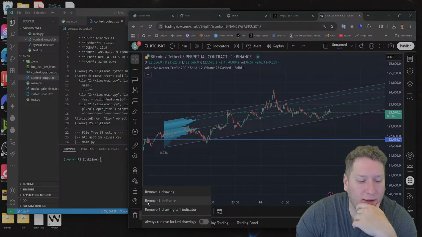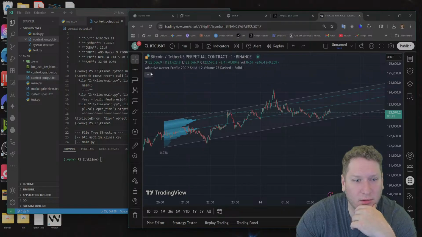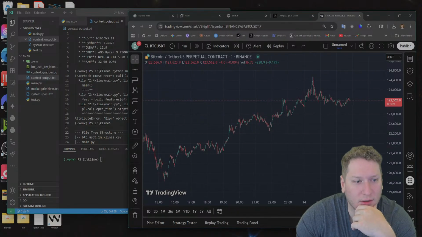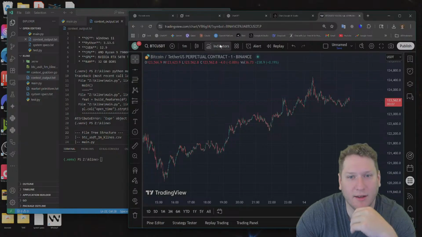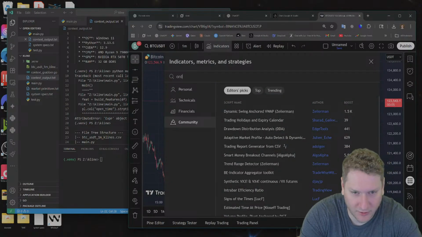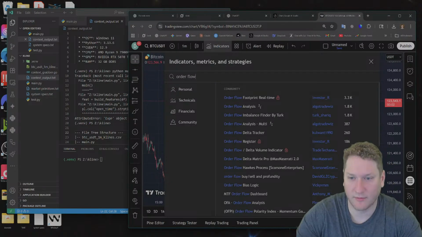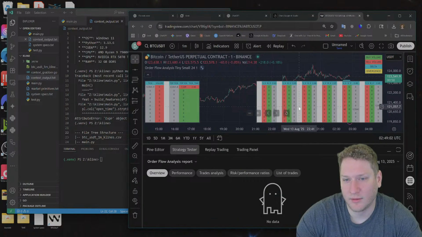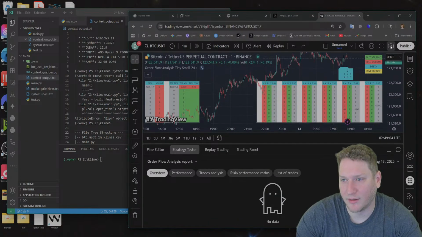We'll see how these indicators work. This is definitely not the indicator that I've been looking for. I don't think, do they even have an order flow? Let's see. Yeah, see, that doesn't help me at all.